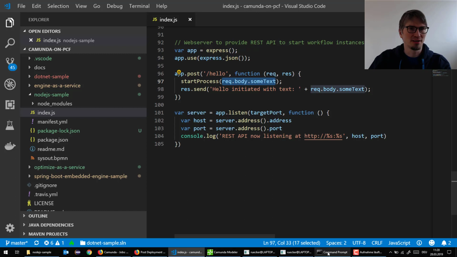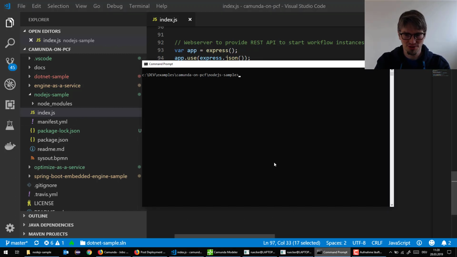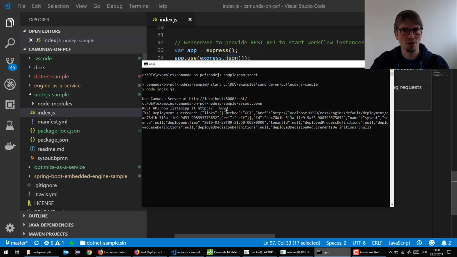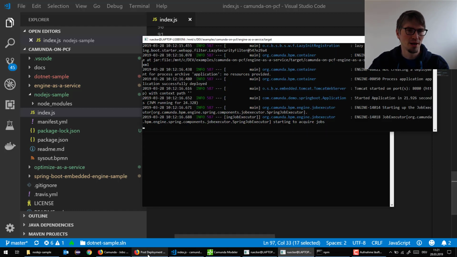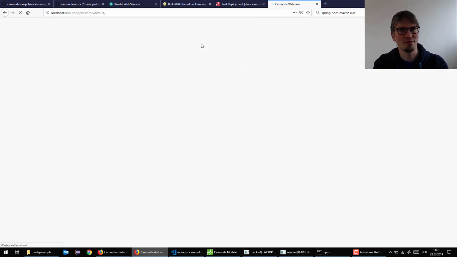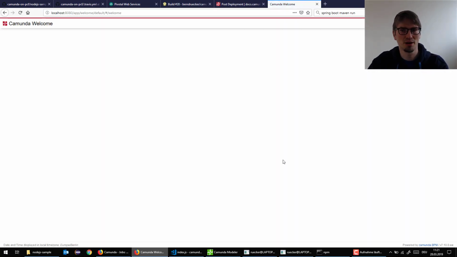What I can do, I can start that locally. So in my case, I can just go to the right directory saying npm start, right? I'm in that directory, and it will just start up that index.js I'm having here. What we can already see, we're now listening to 8090, so that works. And what we also see is that the deployment succeeded, so it deployed something in the background to the Camunda engine working on localhost here. What we could do is go to localhost 8080, looking at the Camunda web application, which was started as part of that